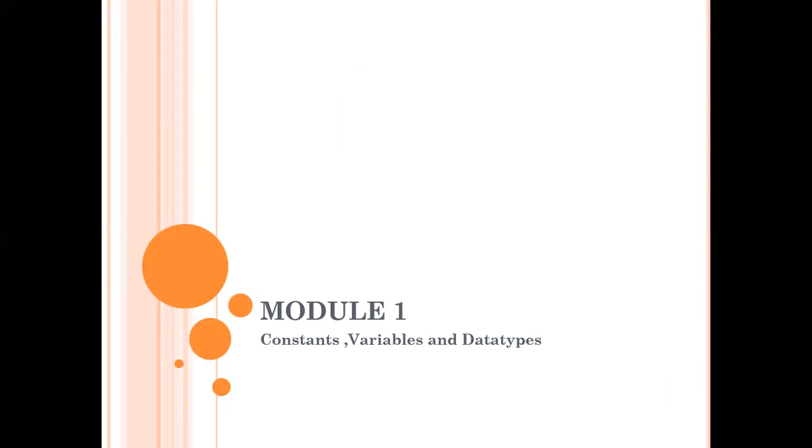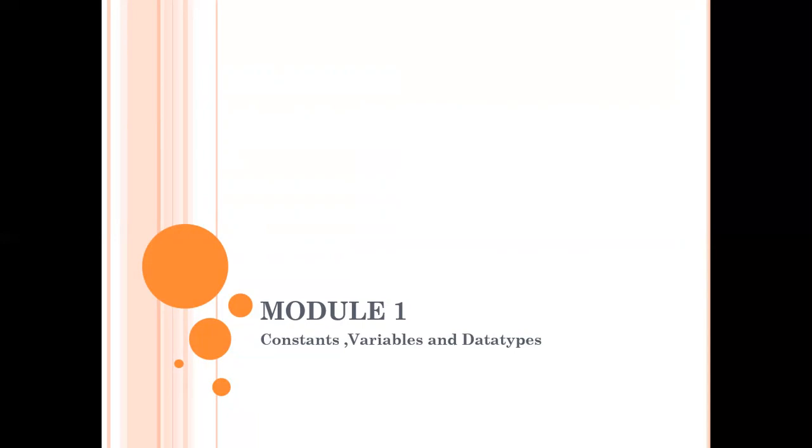So today we have discussed many things related to constants, variables, and data types. First, I have discussed the character set. I'll brief it again. Character set includes letters, digits, special characters, and white spaces. And then C tokens, the smallest individual units. There are 6 types: keywords, identifiers, constants, strings, special symbols, and operators.